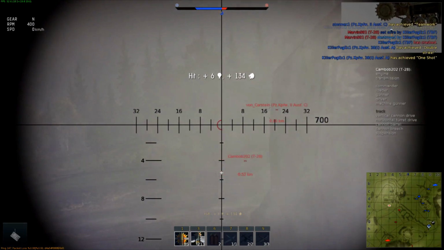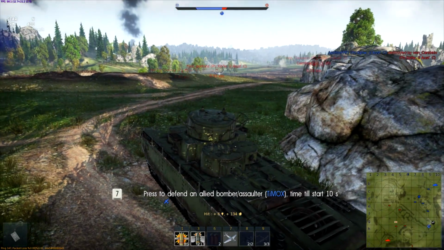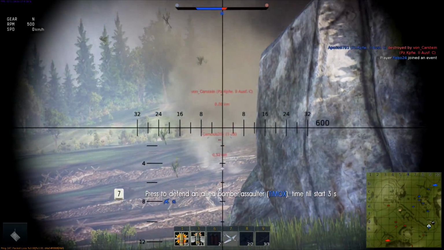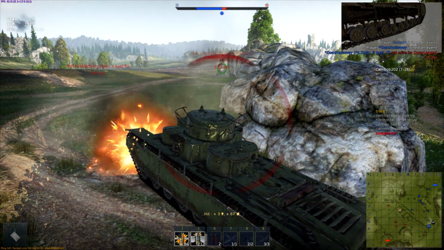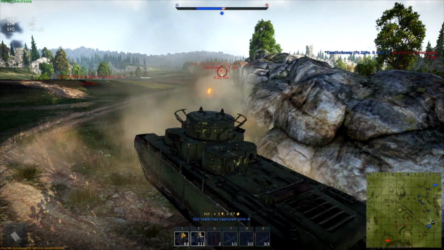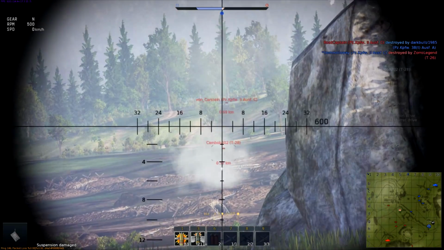Come on, hit him. So he's getting out of there. That guy's hidden. Might have to pull up a bit. Ooh, someone's shooting at us. Low hit. He hit our tracks. We have a bit of angling. I don't really know how effective it's going to be. Oh, come on. See, HE round just kind of...